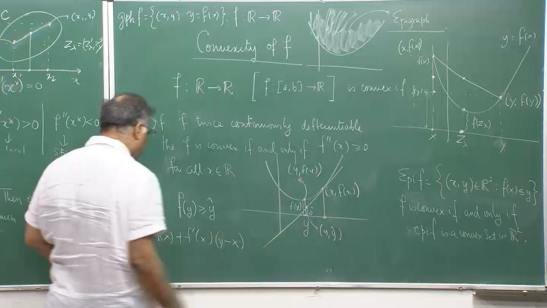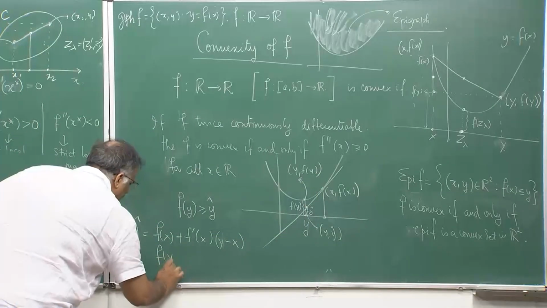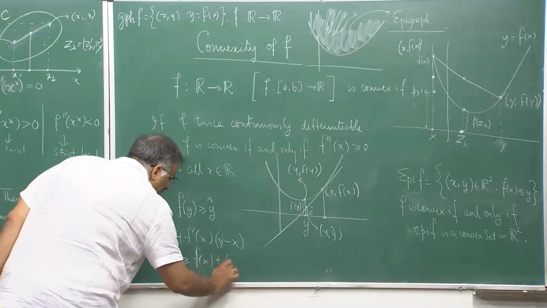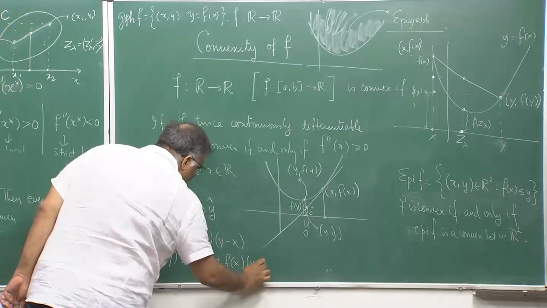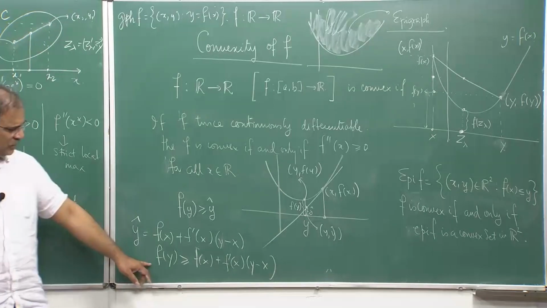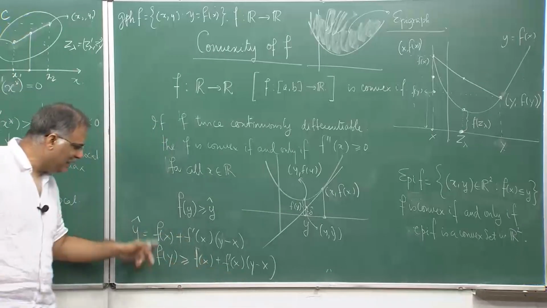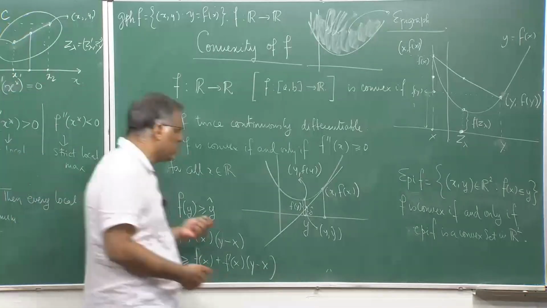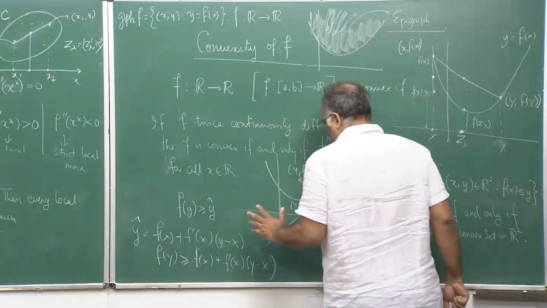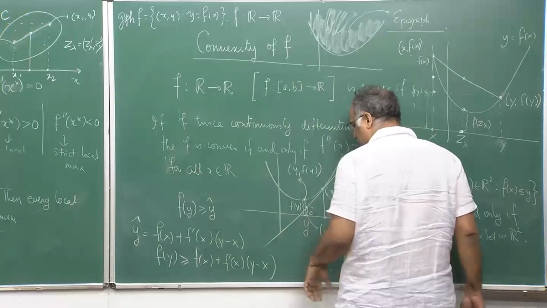So what does it say? That f(y) is bigger than this y hat. It says that f(y) is greater than or equal to f(x) plus f dash x into y minus x. Since f is convex, this is true. If it is a convex and differentiable function, this is true for any x, y, because we have just chosen two arbitrary points. This is a geometrical proof, not a rigorous proof. We will give you such rigorous proofs later on once we talk about Taylor's theorem.